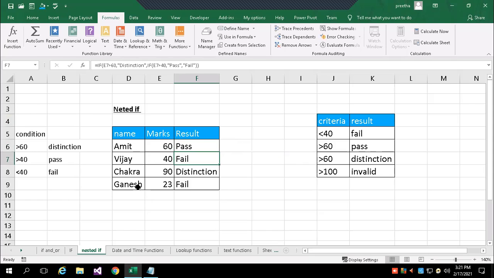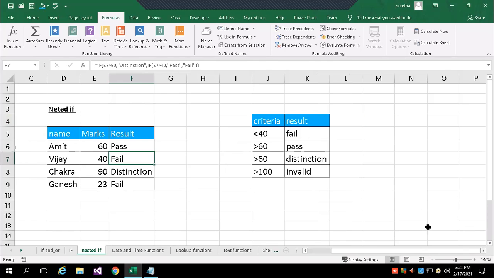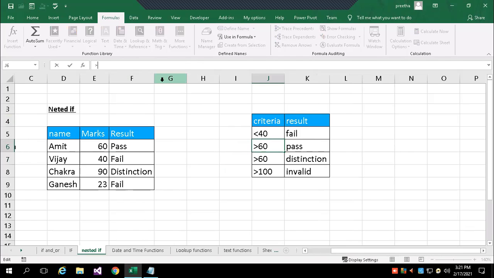Okay. Now for the next extension, greater than 40 is pass. You can see another criteria: greater than 40 is pass, greater than 60 is distinction, less than 40 is fail. But if the marks are above 100, I want to mention invalid.